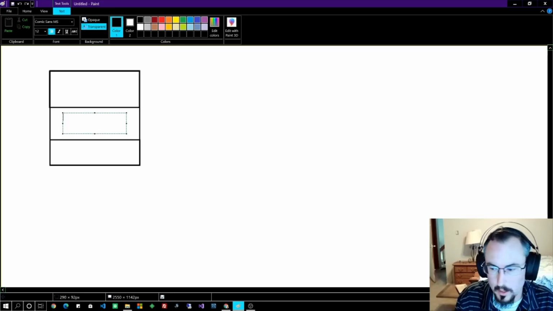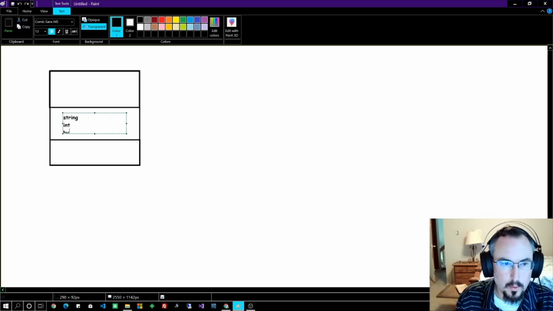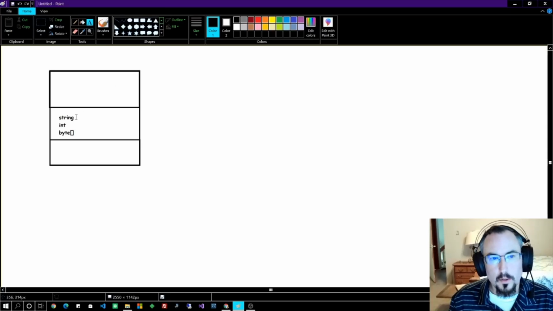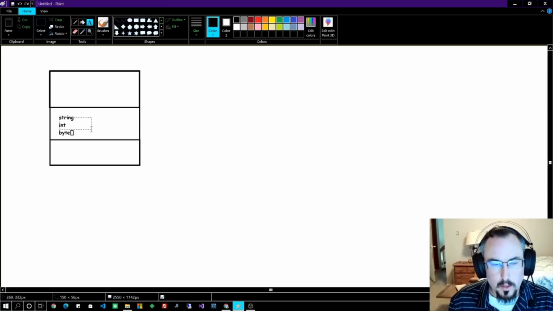Let's say this data is maybe a string, maybe it has also an integer, and perhaps it has a byte array of some images or something of that nature. Okay. So at this point, it just looks like a regular struct or a regular class or just any piece of